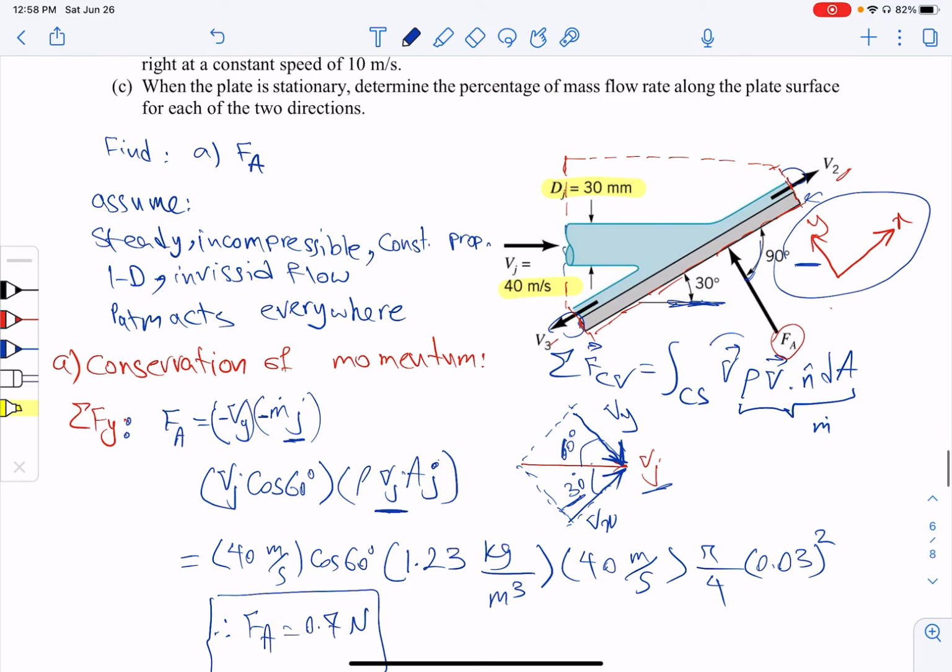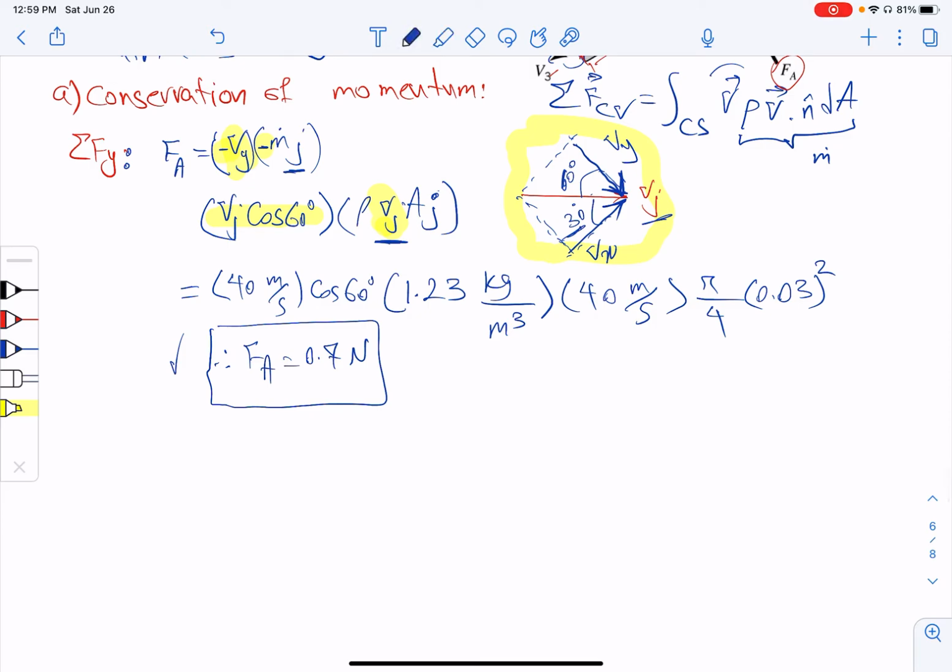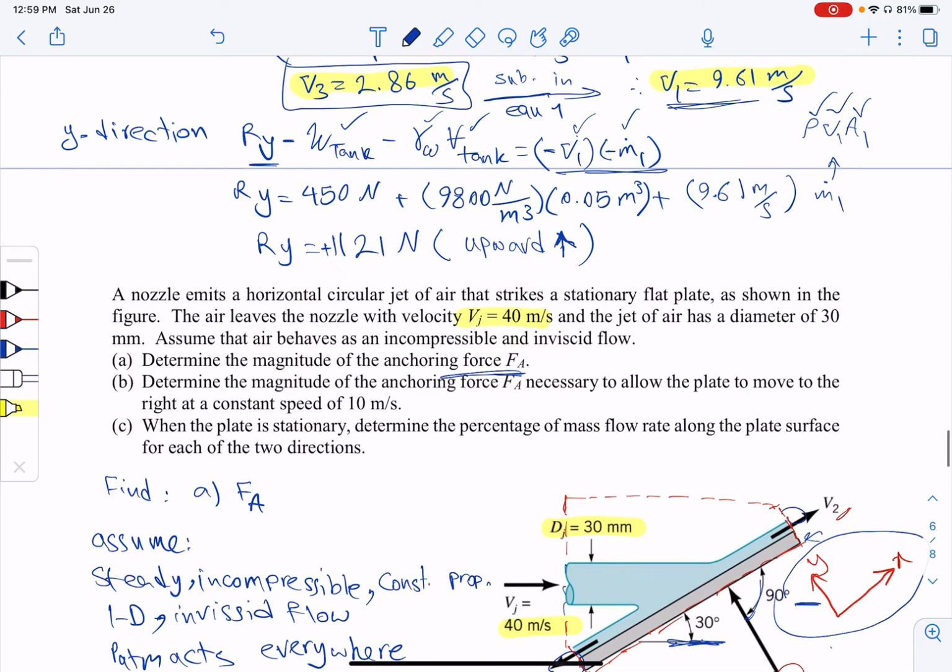Try to also consider xy direction as this and solve it again, and you need to get the same answer as whatever I get here. So just try that one, and also make sure that you completely understand this part and this part, all of the sign of Vy. I'm pretty sure you know that one, but just try to practice that. So this is part A, and now for part B, we wanted Fj if the plate moves at 10 meter per